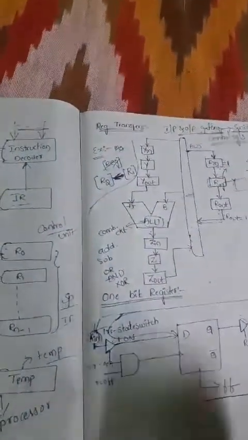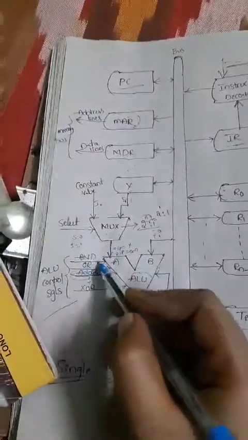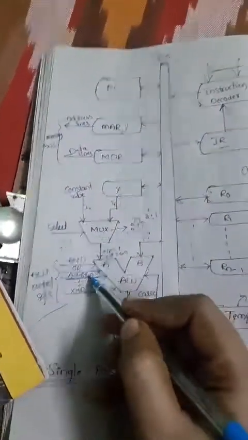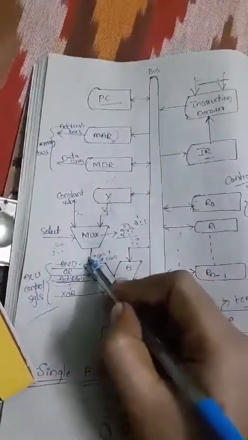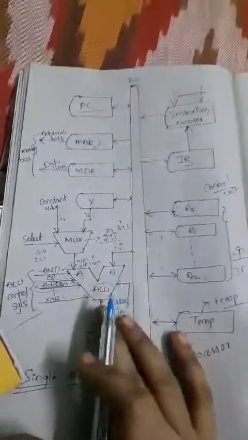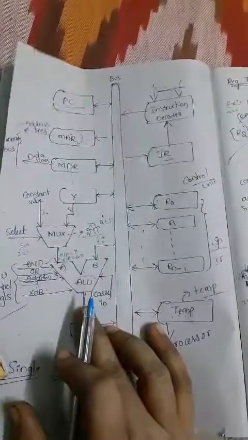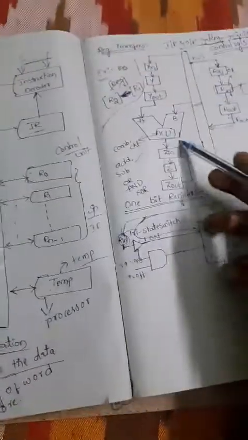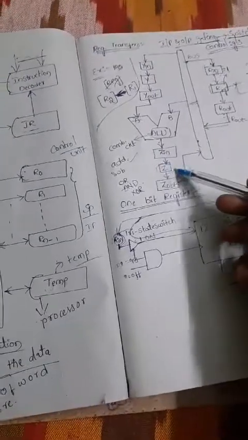highlighted, that depends on the control signal. Maybe addition. These are the ALU control signals, so whichever signal is activated here, the ALU will perform that operation. Okay, so after performing that operation, we'll get the result, no? That result will be stored in a particular register, that is Z.